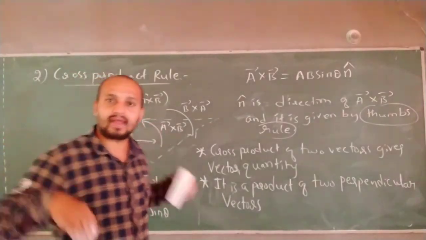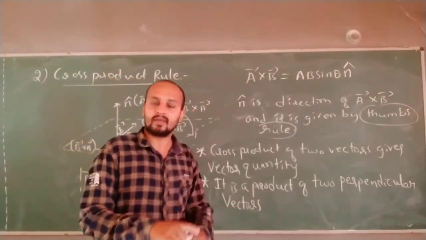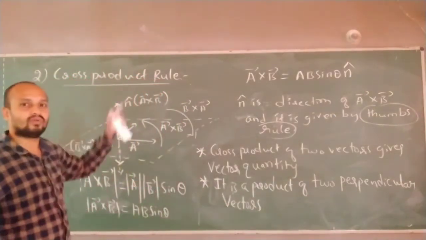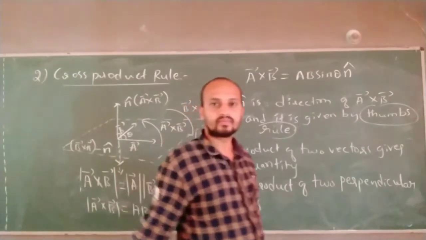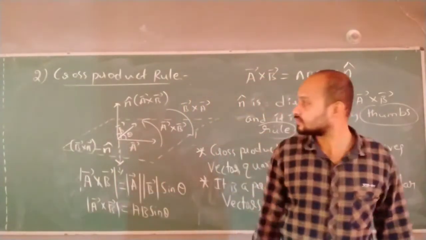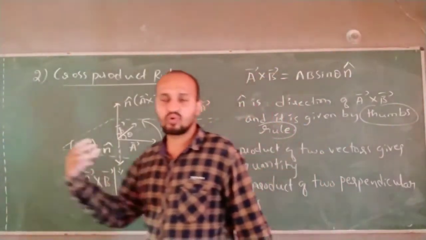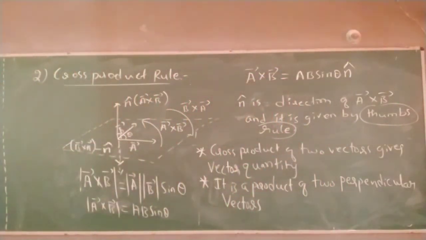These are the rules we made because we want to multiply vector quantities in physics. That is why I wrote the heading rule. These are the rules. Correct now? Which we have made. So the direction you have understood. These things you have understood. Let us move on to the properties of this cross product.